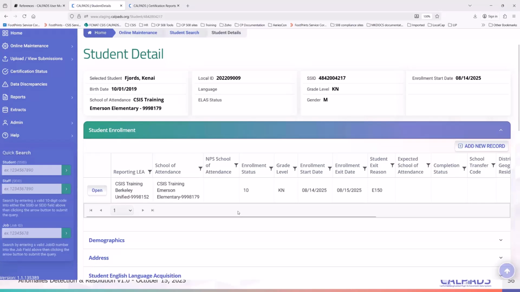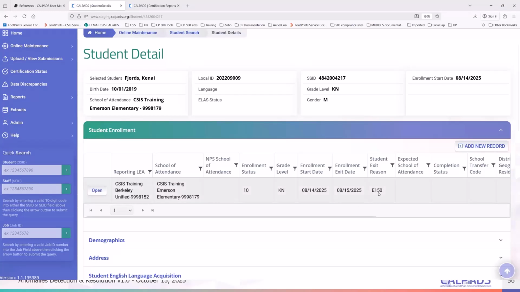Okay? So any variation to that, if you move them to another school or if the date is 2 days after, then you will have an issue with an ERD. So when you are just updating an enrollment because of a new grade level, then use an E150 exit. Okay, so for this, number one, the question is, is the student still here?